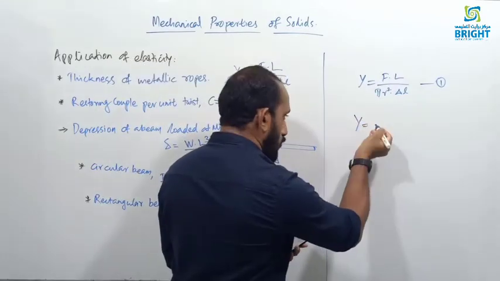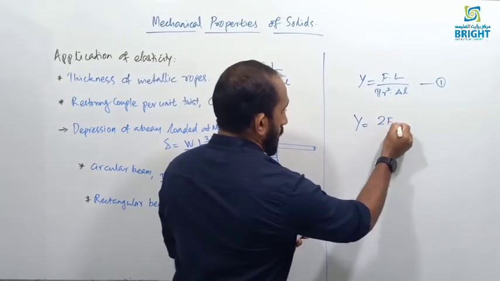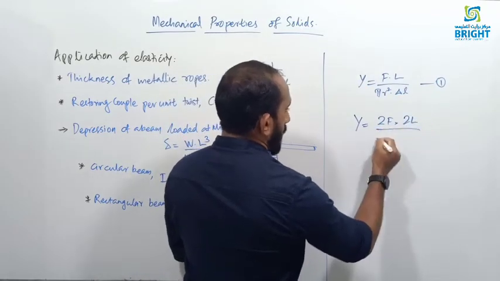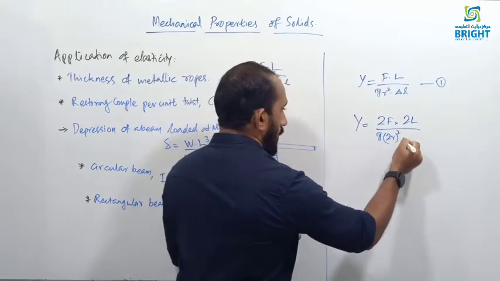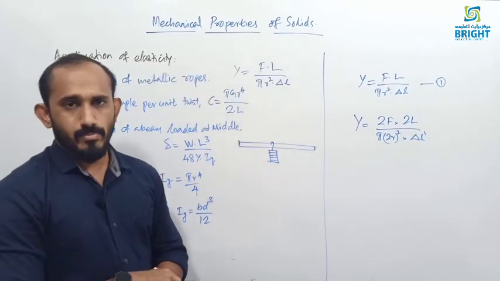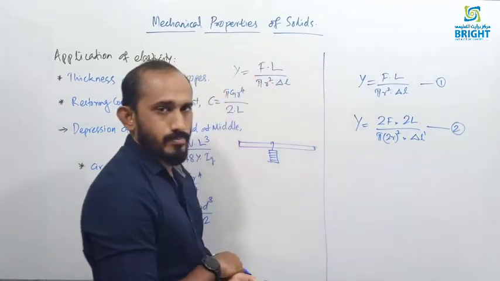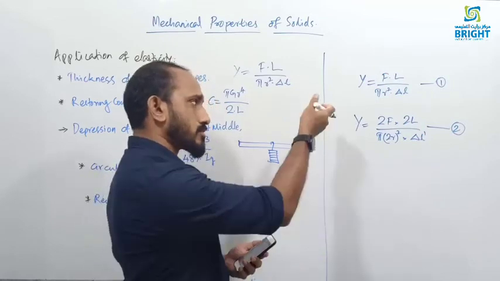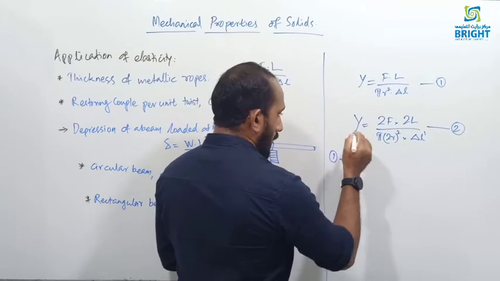So for the second wire, if you use the same equation, there you are applying a force of 2F and the length is 2L, divided by pi into the radius 2R, so 2R whole square, into delta L dash, I am putting the new stretching. So this is the expression for the second wire. Two wires of the same material, so Young's modulus is the same. So if we equate 1 and 2,